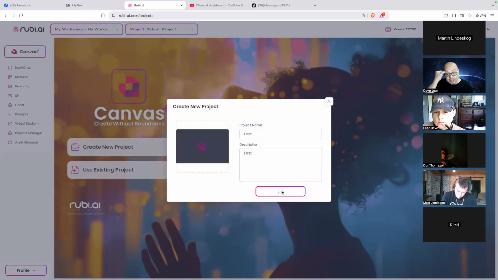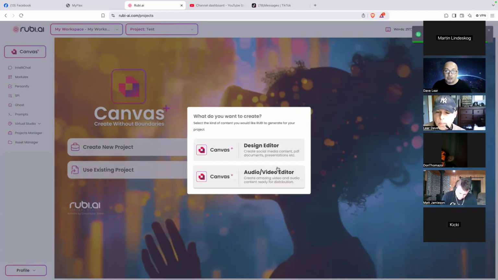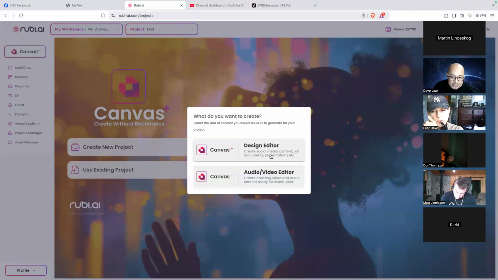Okay, if we hit create new project, you'll be asked to choose if you want to use it as a design editor, or if you want to use it as an audio and video editor. So very much similar to Canva, because you can use Canva for designs and audio video. Let's use it as a design editor.